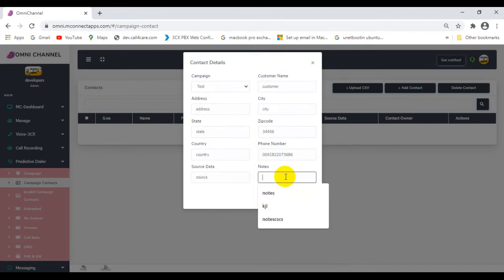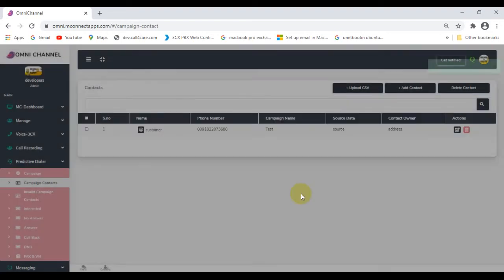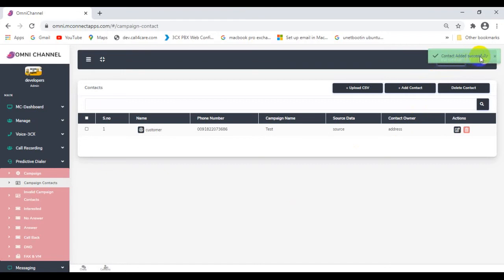I'm creating some notes about the contact and then clicking on update. Contact added successfully. I have successfully created a contact.